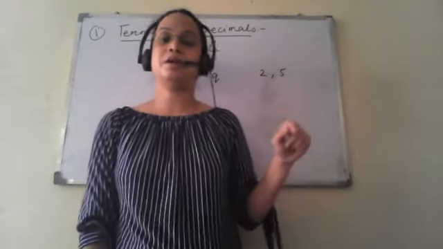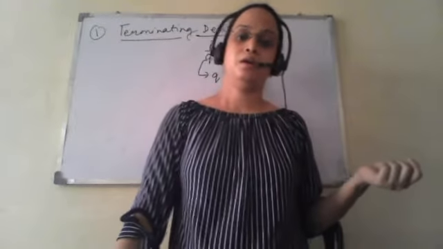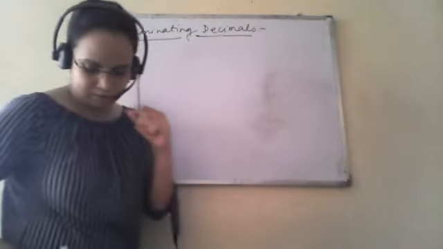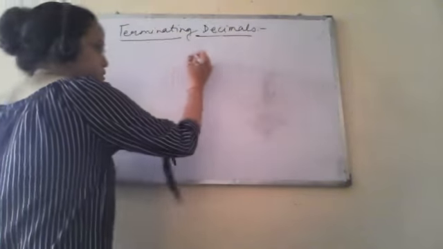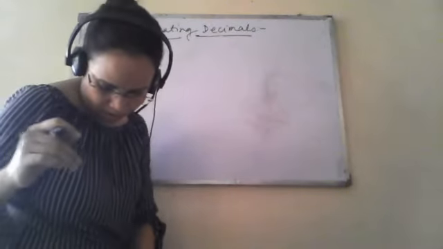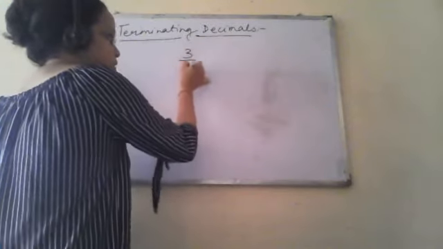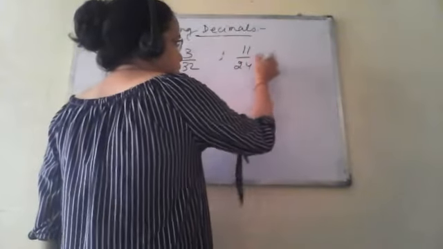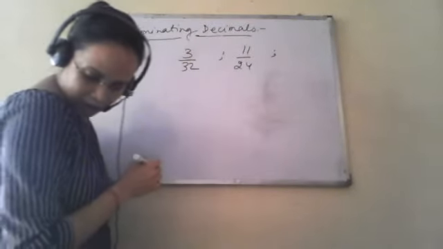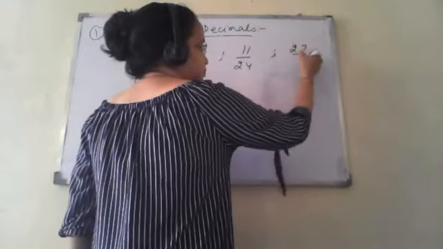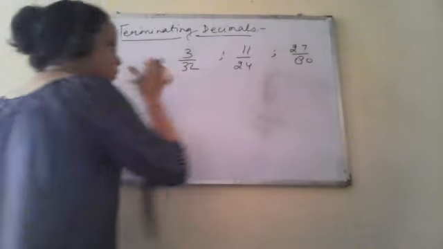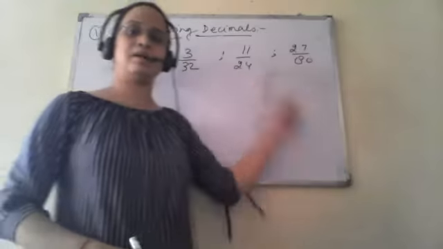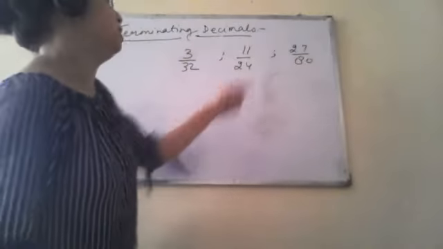So just after looking at the fraction, we can tell whether it is a terminating decimal or non-terminating. See how. We have to just look at the prime factors of this q. For example, we have certain numbers: 3 upon 32. Second is 11 upon 24. And next is... We don't have to do the actual division. We have to guess whether these are terminating or non-terminating by just looking at their denominator.